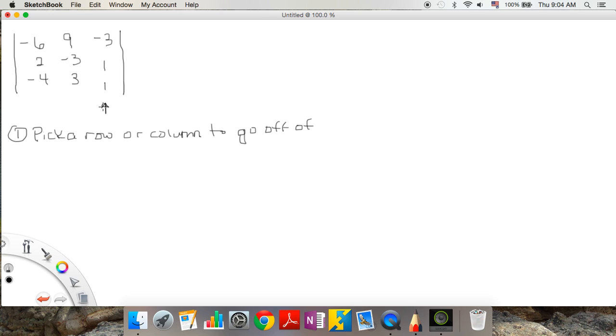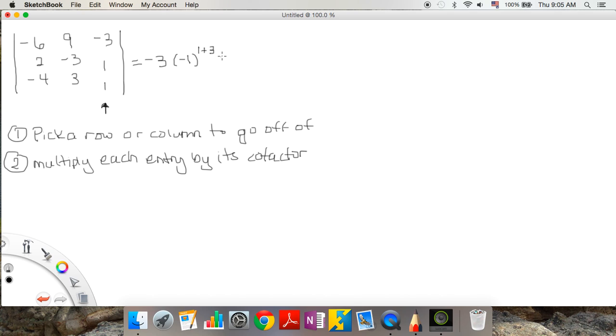Or like in this case here, this column here has 2 1s in it. It's very easy to multiply by 1. So the easiest row or column in this matrix to go off of is this one here, this 3rd column, because it's got these 1s in it, and those are easy to multiply by. Now once you've picked your row or column, then you multiply each entry by its cofactor. So what we're going to do is we're going to take this first entry here, negative 3. Now remember, its cofactor is negative 1 to the power, that's the row plus the column. So we've got row 1, column 3 power, and then times the determinant of what's left when you cross out the row and column. So we cross out this row and column, and we're left with this little matrix here,